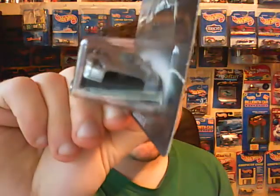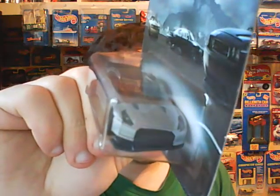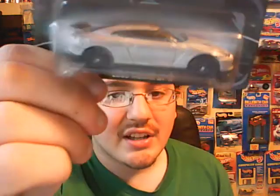Check out that front bumper. If that isn't put on wrong, I don't know what is. The whole front grill and bumper is completely dislodged, or for the most part half dislodged. This is one of those ones I'm actually holding on to because for one, it's from one of their special lines, and two, my cousin spotted this one. He's like, "Oh my gosh, I found you an error," and I'm like, so